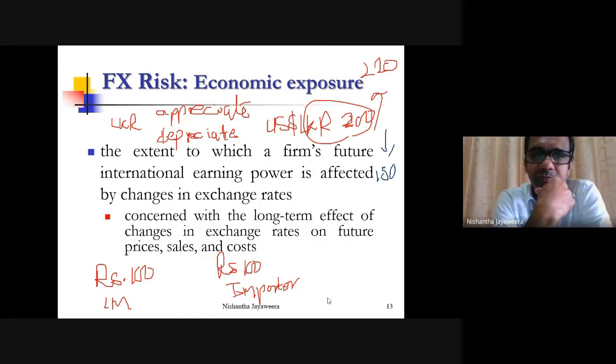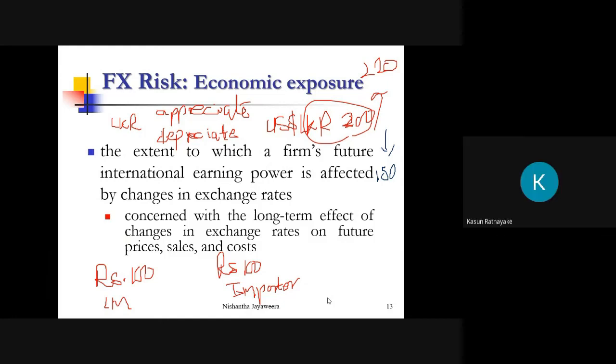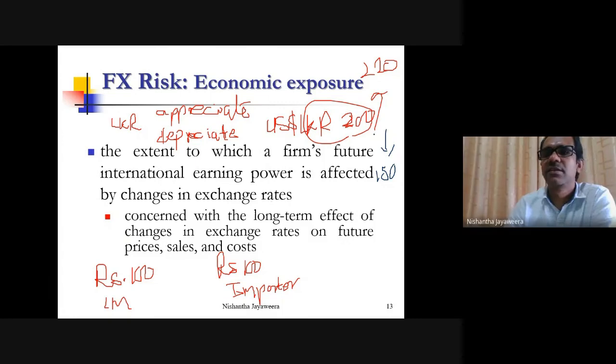What would happen? In the depreciation scenario, that local manufacturer has an advantage if we use the raw material purely from Sri Lanka. Yes. In this scenario,